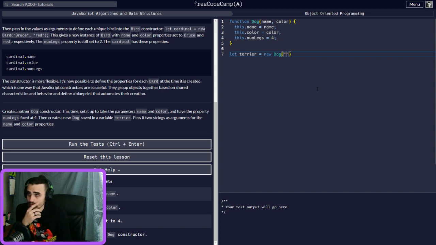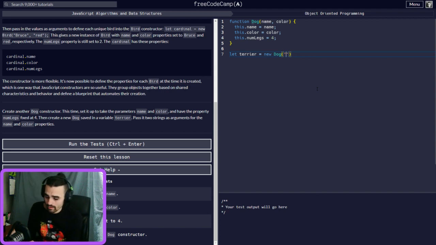We'll change the dog name to Terry. We're going to give it a color of, let's give this one white this time. So we're going to have a terrier that's white.